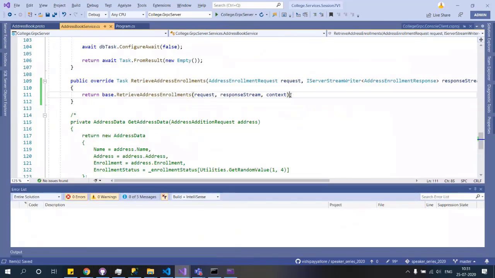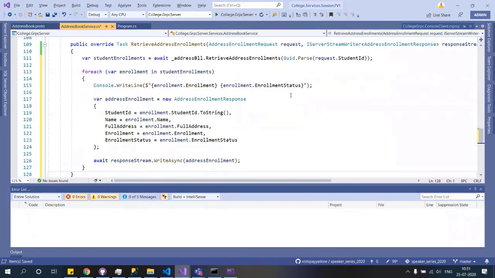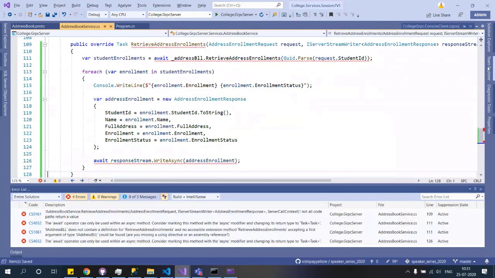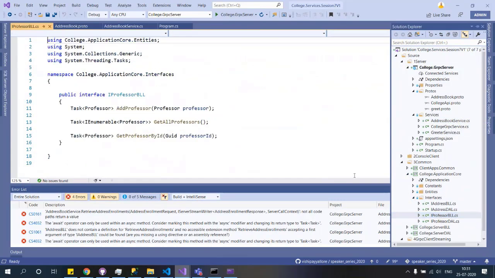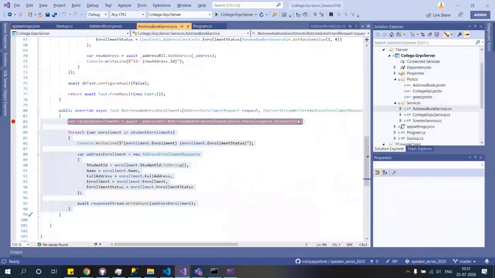I will go and paste it here, and then I will quickly go and modify those common components, interfaces. Professor BLL. It's not professor, it's address, isn't it? Okay.